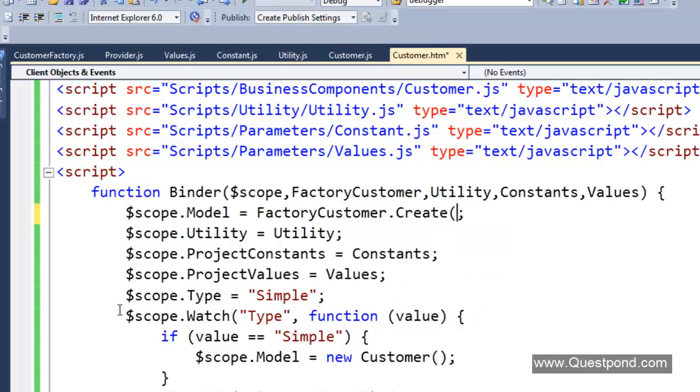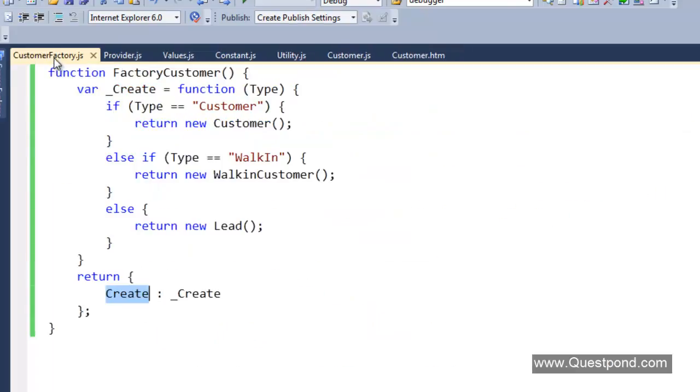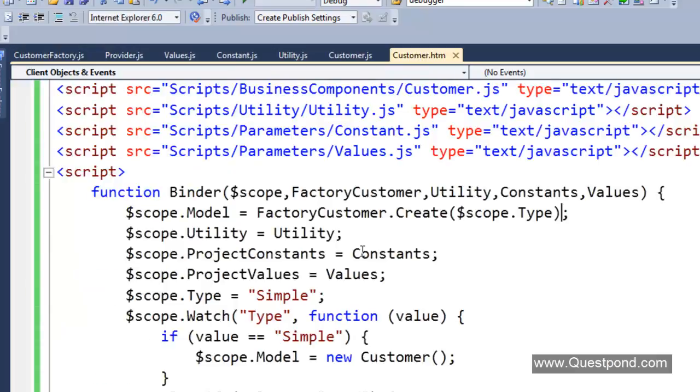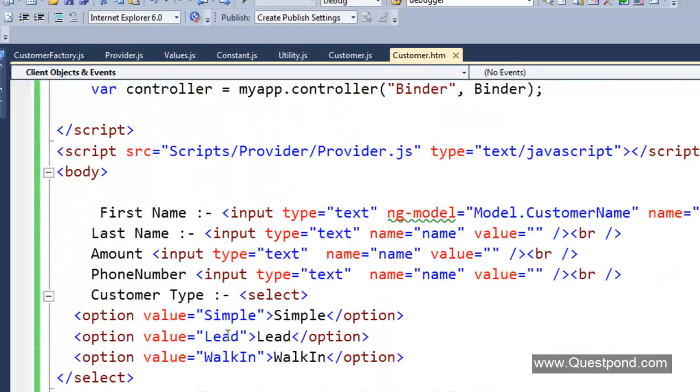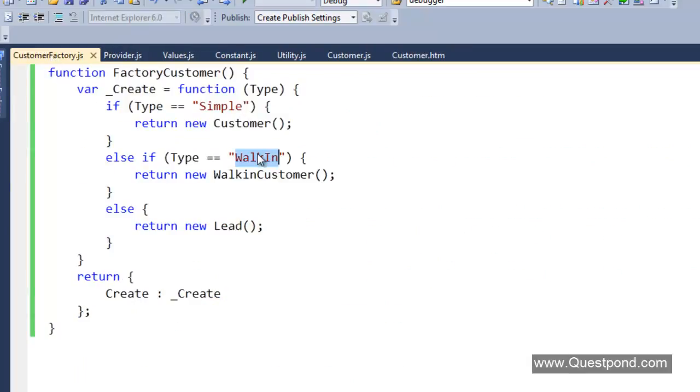what is there in the type. So if the type has a customer, it will take a customer. If the type has simple, so if it is simple, it is a customer. If it is a walk-in, so let us check our drop down. If it's a lead, it is something. If it is a walk-in, it is something. So basically